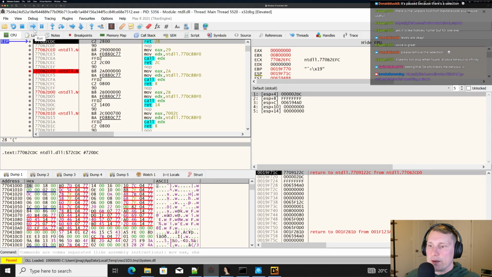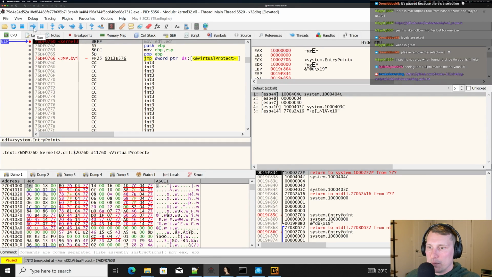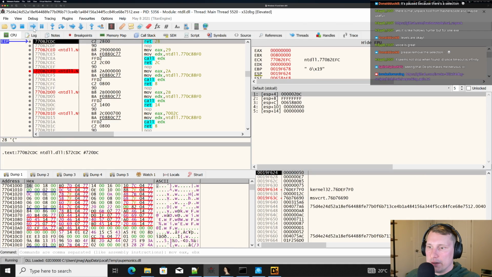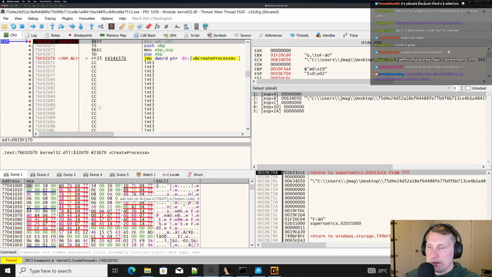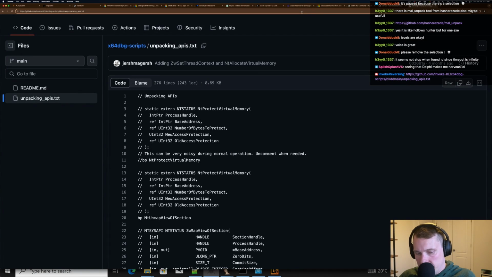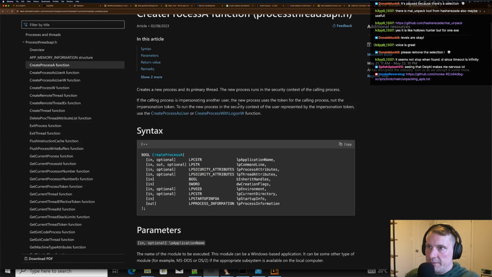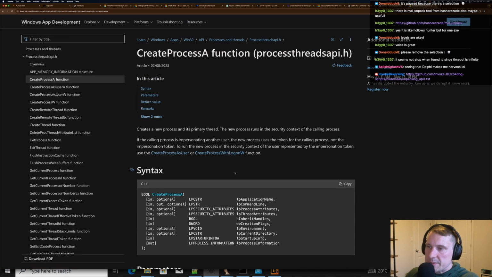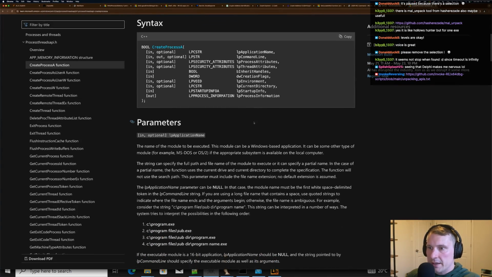So what do we have here? Okay, so system.dll was loaded. Okay, so VirtualProtect was called. Okay, so now we have supersonics.dll. Also extremely common during the unpacking process, a second process is created. So if we look at CreateProcessA, which is the function that was called, this is a Windows API function that's being called by the unpacker. This will basically create a new process with a number of different parameters. And